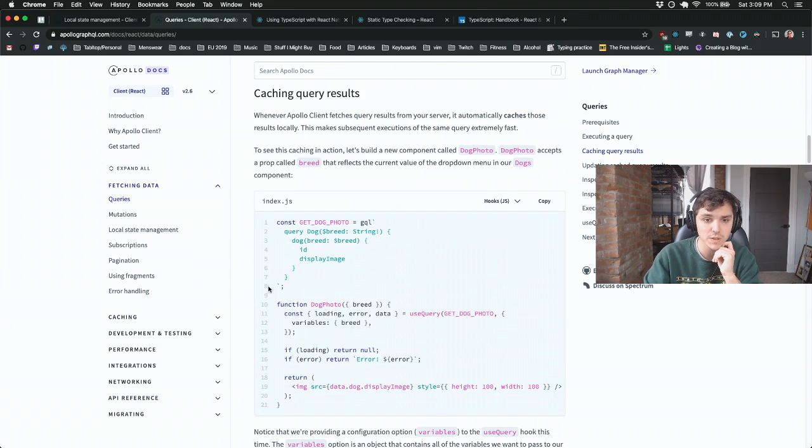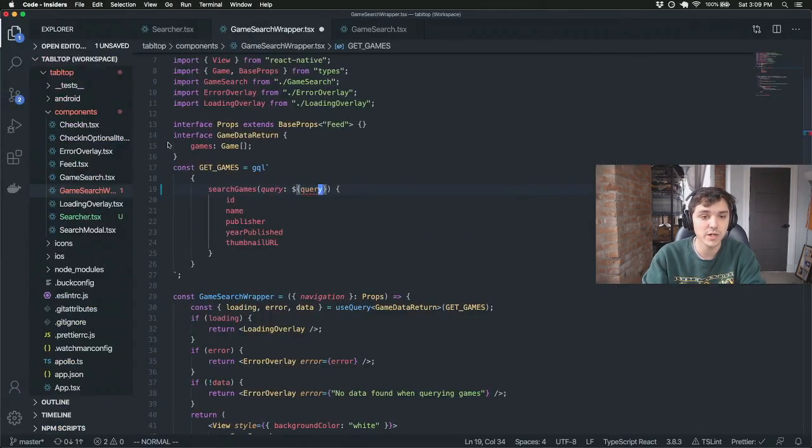Caching query results. Query dog is a breed. Give us that. Use query, get dog photo. And then we pass the second thing, the variables. Okay, so what we do here is basically the same as what we did before. So this should be